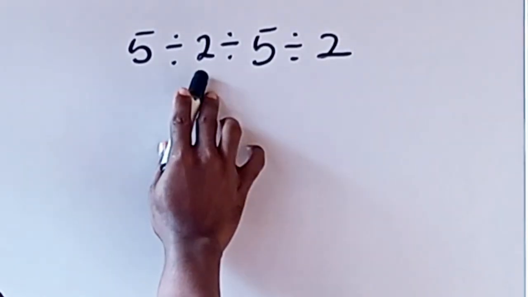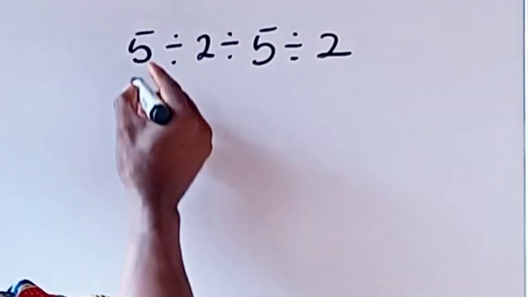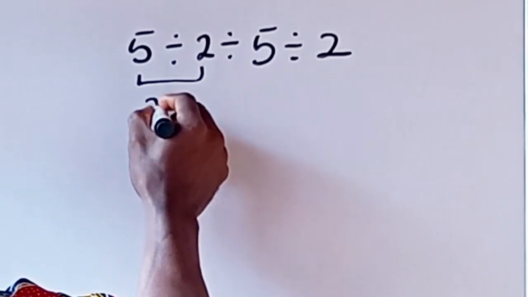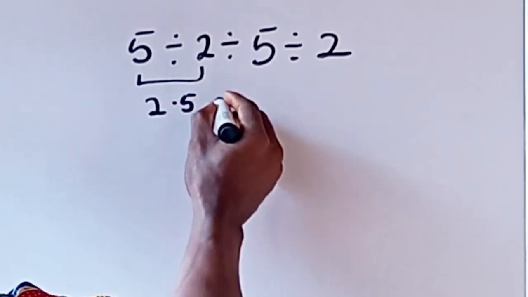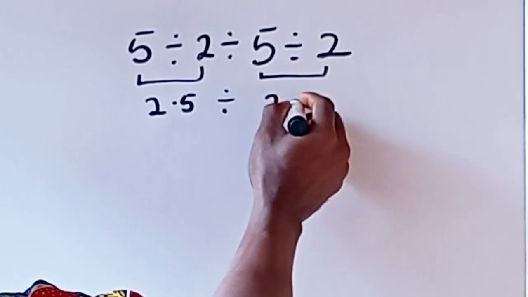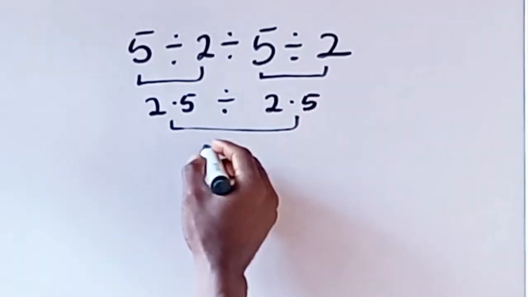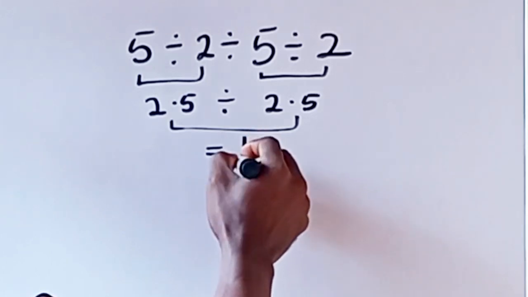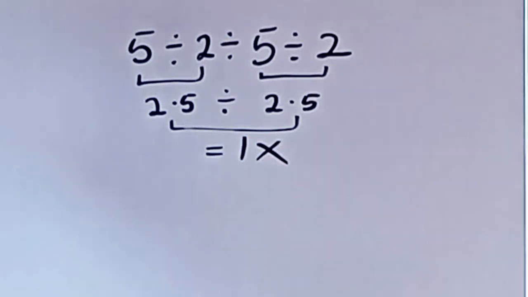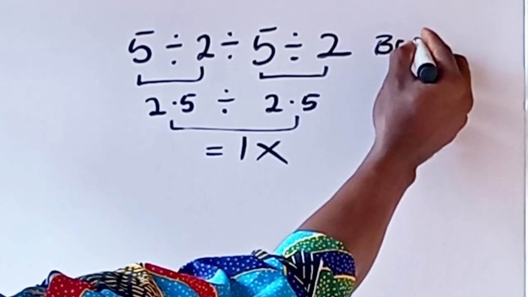5 divided by 2, divided by 5, divided by 2. So 5 divided by 2 gives us 2.5, and 5 divided by 2 gives us 2.5. 2.5 divided by 2.5 is going to give us 1. But this answer is not correct because according to the order of BODMAS,